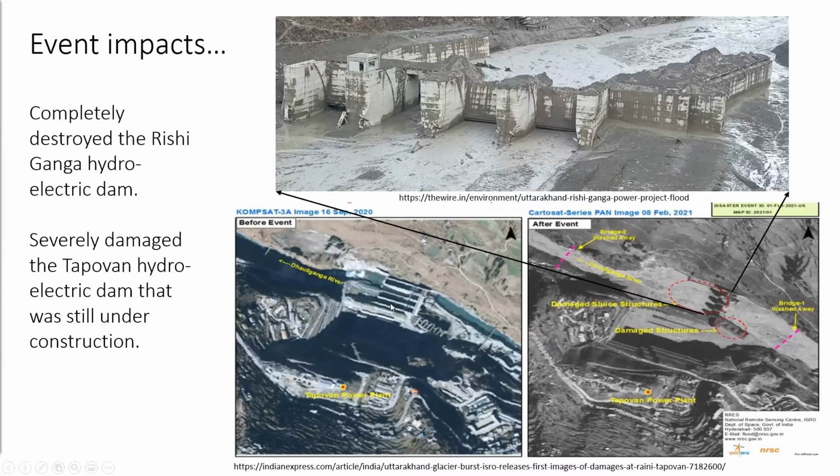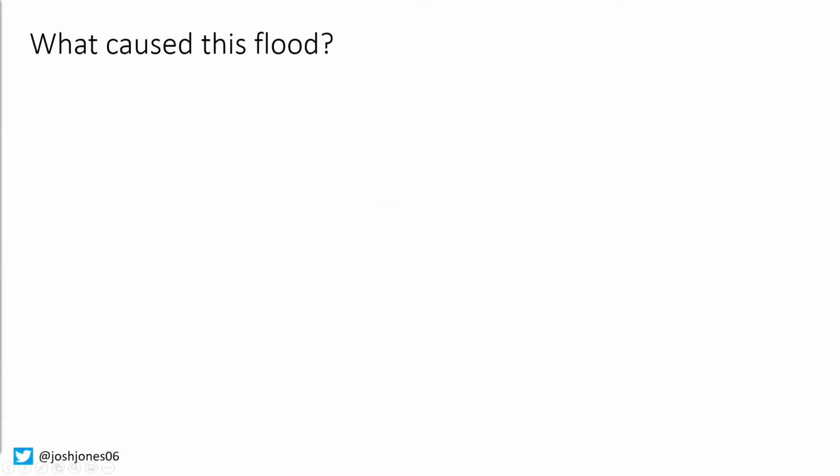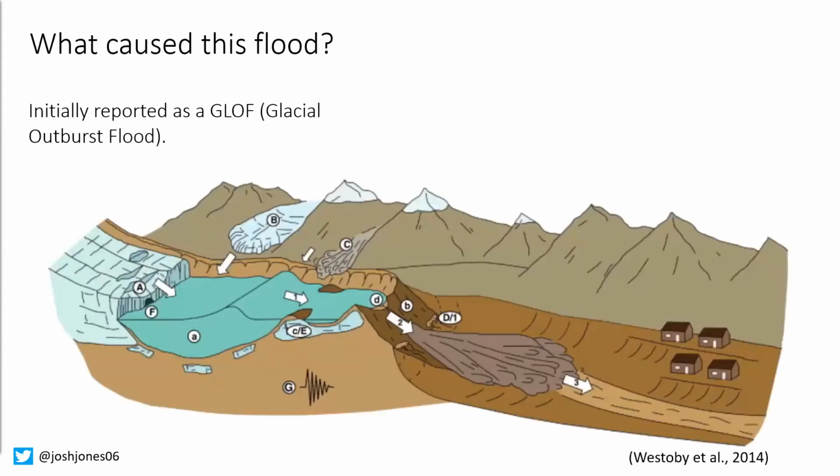Now, at this point, you might be thinking, this is all interesting, but why are you talking about floods in a talk about landslides? Well, the real question here is, what caused this flood? There was no rainfall on this day, so why did a huge flood surge suddenly hit this valley? Now, initially, the media and some scientists suggested that this event was caused by a GLOF, a glacial lake outburst flood. Now, a GLOF occurs when a body of glacial meltwater, which commonly forms behind retreating glaciers, suddenly gets released. GLOFs can be very dangerous and have been observed in the Greater Himalayas.